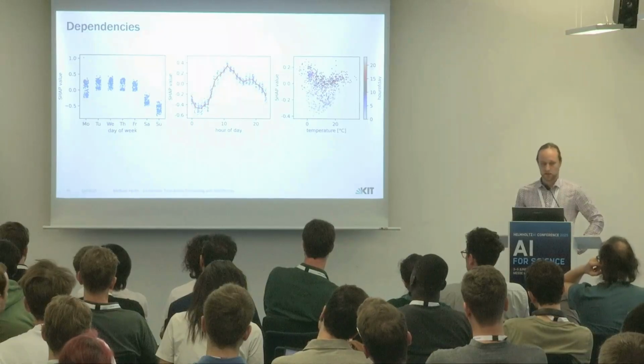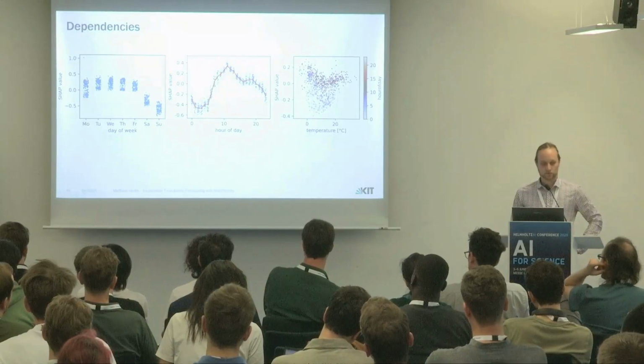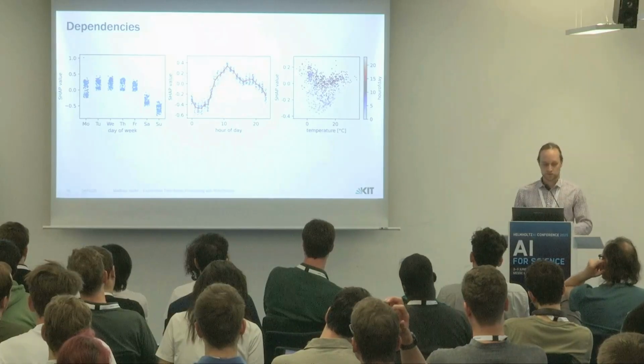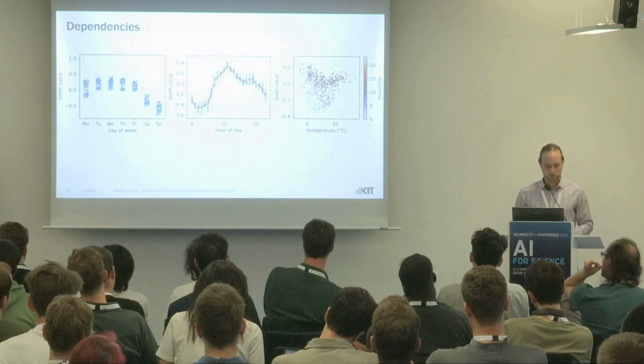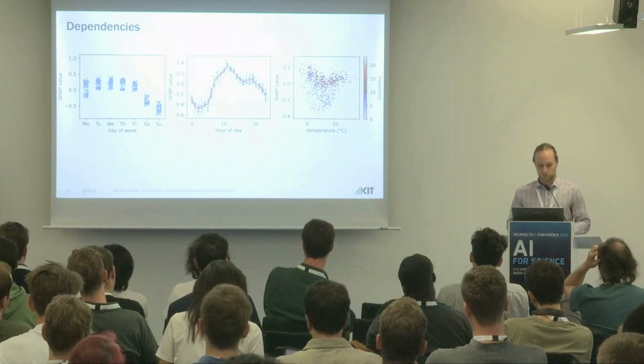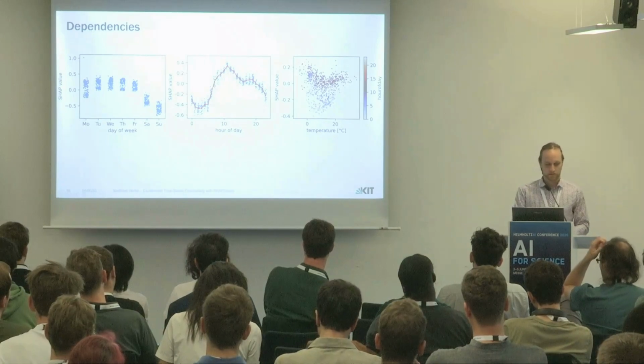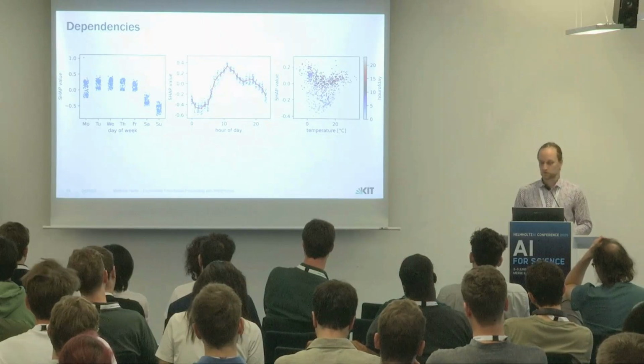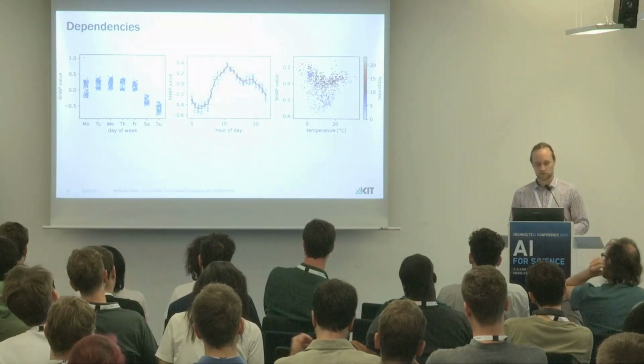Then we can analyze which patterns were learned by the model by looking at dependency plots. Here, each dot represents one explanation of one forecast. On the x-axis, we see the feature values. On the y-axis, we see the associated SHAP values. And on the left-hand plot, we see, for example, that on Saturday and Sunday, the model predicts a lower load